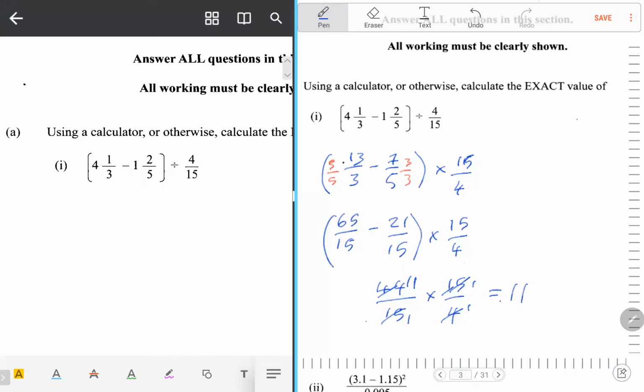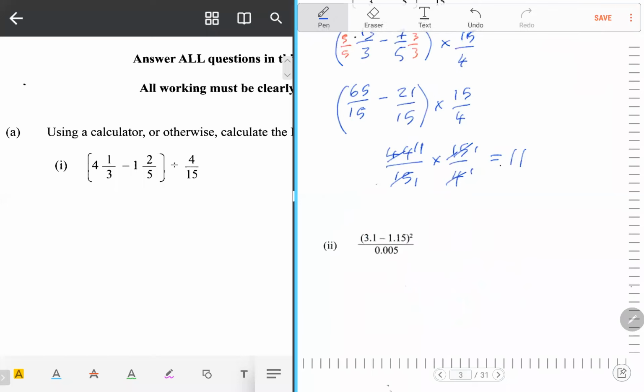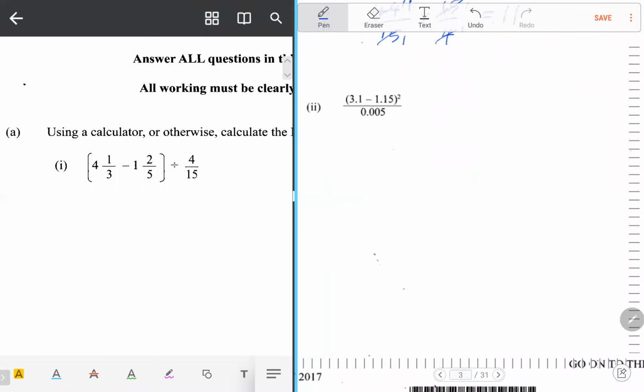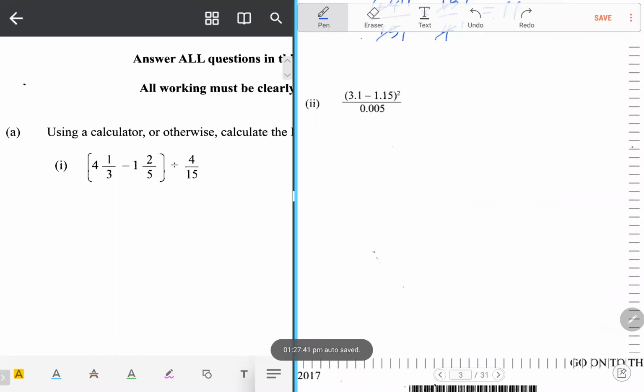All right, that's the first question, first part. This part, remember, we can use a calculator. So this part again, we want to ensure that we work out the entire numerator first. You have to get the value of the numerator first if you were to go step by step. If you can type it as it is in the calculator, then you basically will get the correct answer just the same. So if we were to go step by step, the 3.1 minus the 1.15 will be equal to